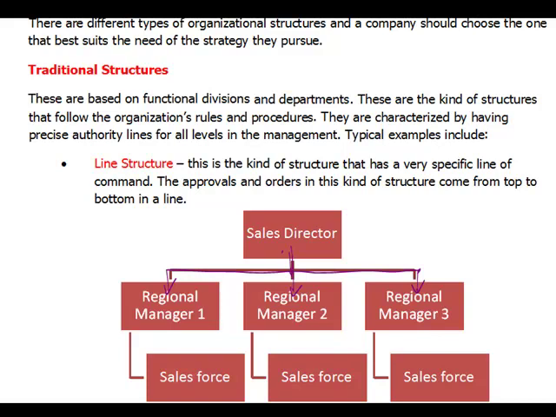That makes decisions faster. However, on the other hand, it makes it difficult to create teams of experts in various fields, because everyone has got their reporting lines and there is no communication between those lines. Therefore, regional manager 2 knows nothing about regional manager 1's environment, client, these sort of things. It is very difficult to create a team of experts from various fields.